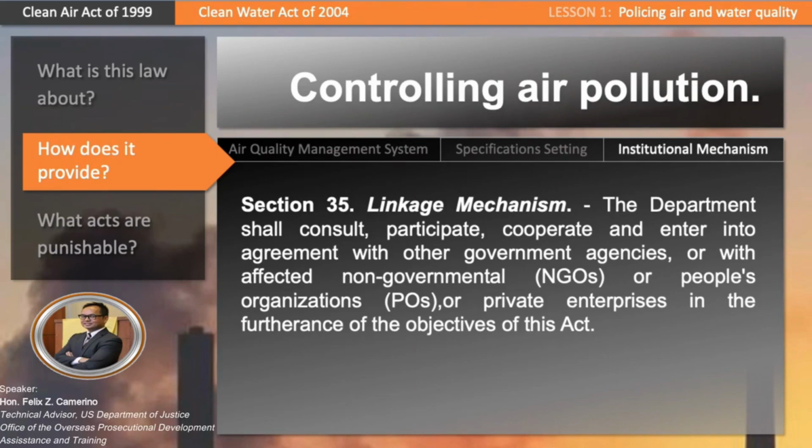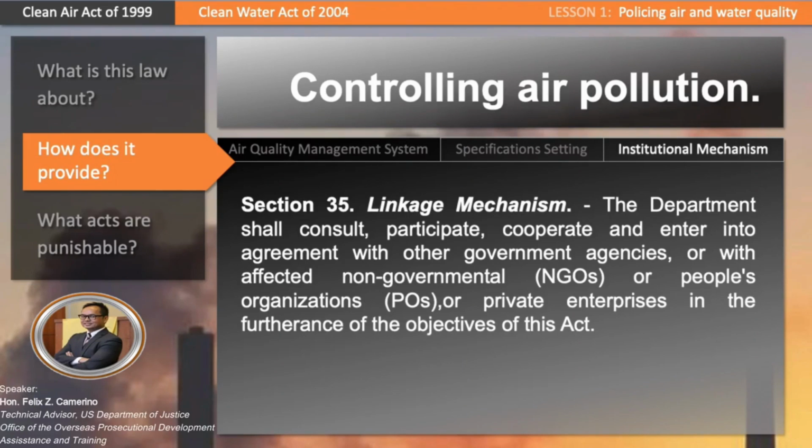So again, DENR as the lead agency, through its line bureau EMB, is to also link up with pertinent government, non-government agencies, as well as people's organizations, and even the private enterprise, in order to further the objectives of